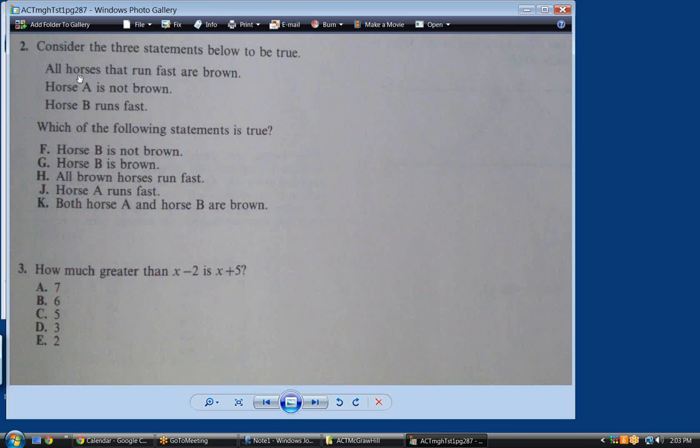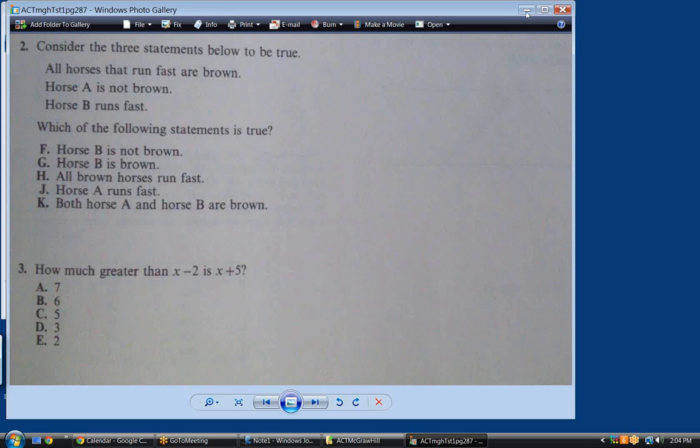no, they actually said that all horses that run fast are brown, which is not the same thing as saying that all horses that are brown run fast. All brown horses are fast. So then horse B is brown? Yes. In other words, it's G. If all horses that run fast are brown and horse B is a horse that runs fast, then he has